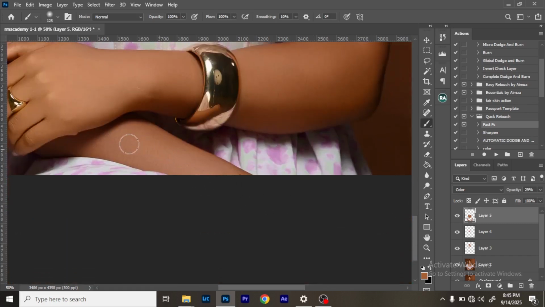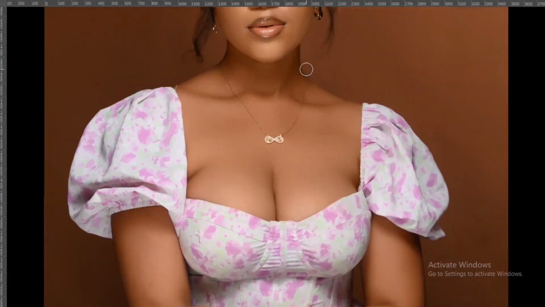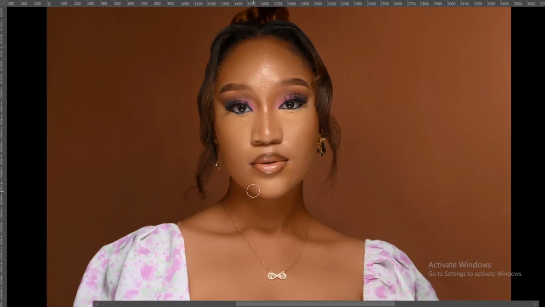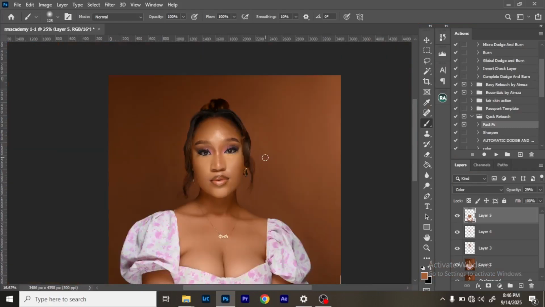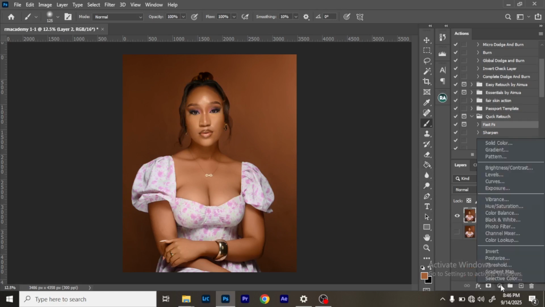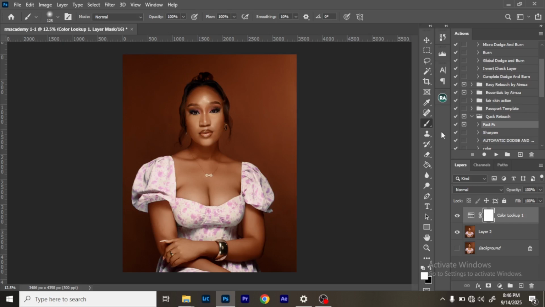Alright, so this is this, right? One thing we can do now is come to the filter, come to color lookup, and I'm just going to select this, right? Reduce